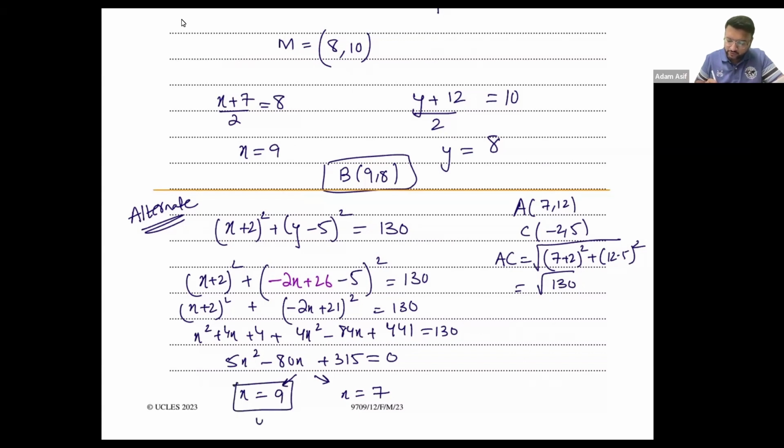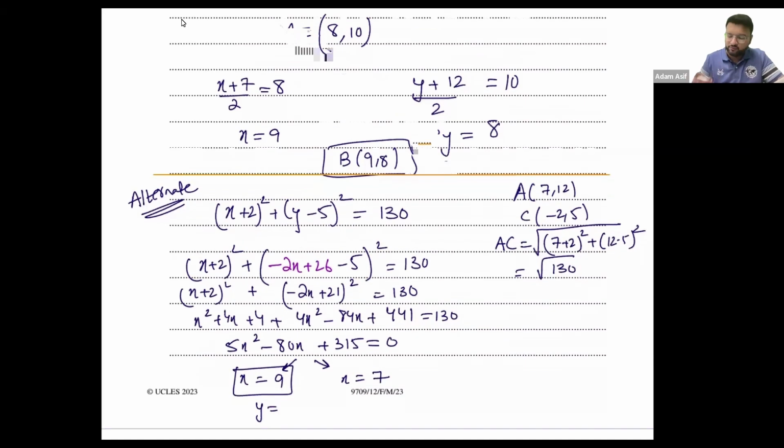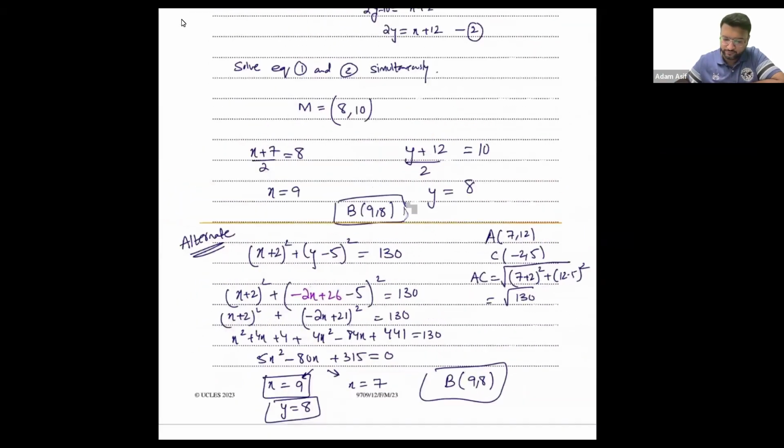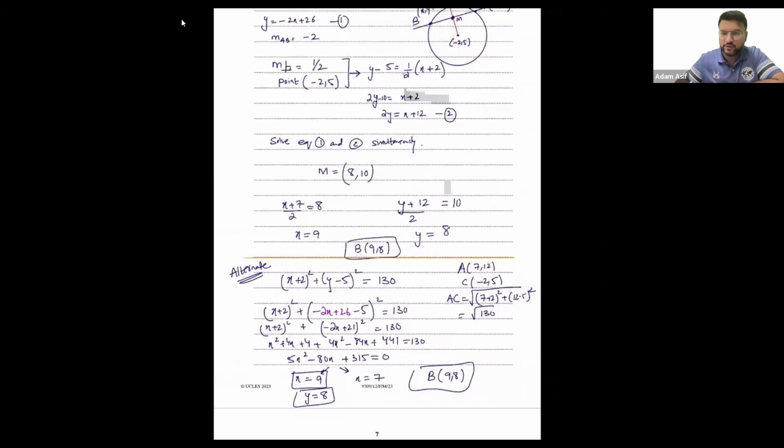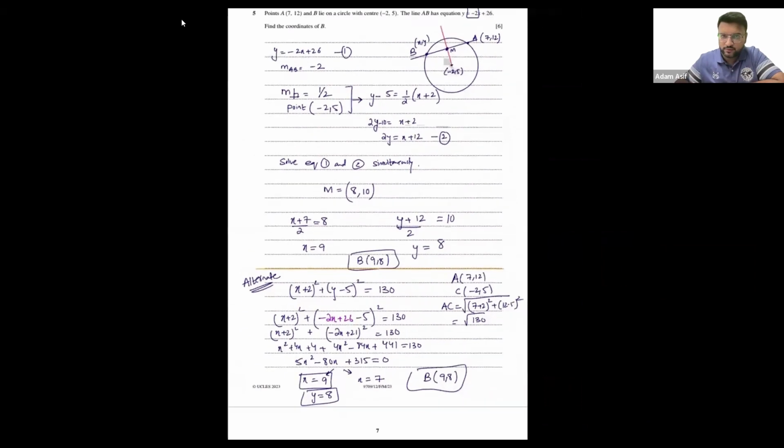When x is 9, you're going to calculate the value of y by plugging x as 9. क्या वैल्यू आ जाएगी? 8। सही है, सो B के कोऑर्डिनेट्स हो जाएंगे 9, 8। तो आप ये वर्किंग भी कर सकते थे। ओके, मूविंग ऑन।